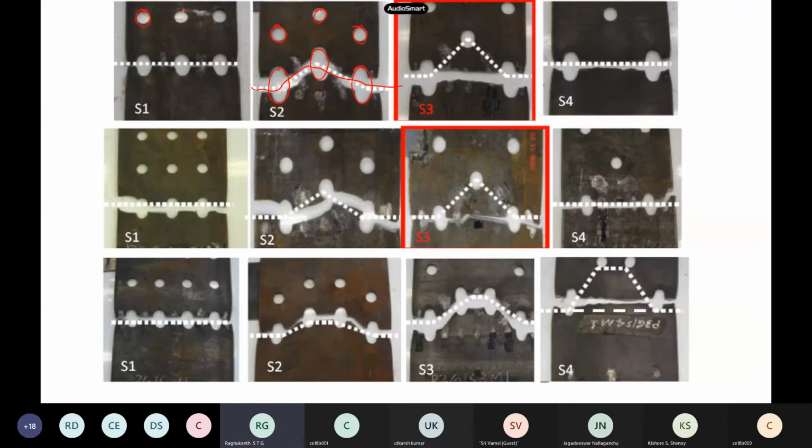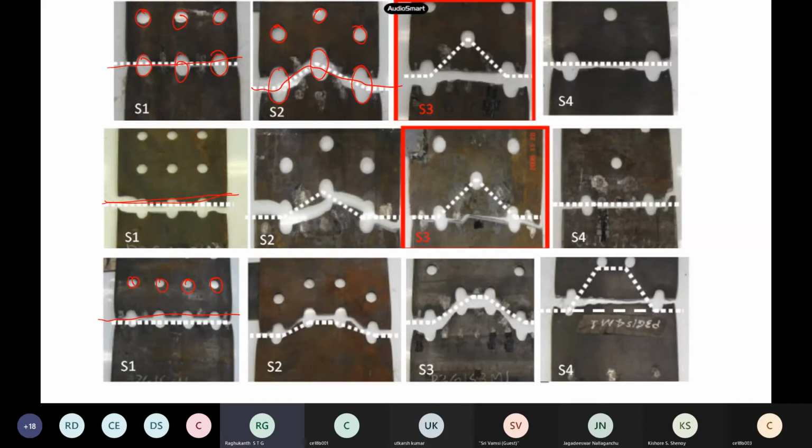Here, in chain bolting, what you have observed in chain bolting, how is the failure pattern? See, there are 4 holes here actually. How are the things fractured? Always they are fracturing along a straight line only, like this, or like this. Of course, it can go like this, or along any of them, the end bolts only have failed.